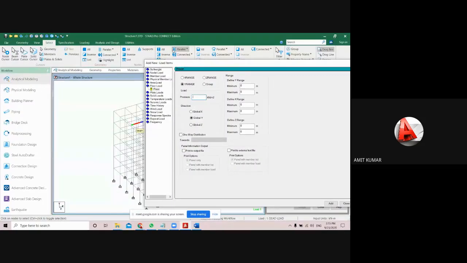So currently I'm not going to consider the floor finish load here, but if you are considering it, you have to know the weight of that particular material which you are going to apply on it. So currently I'm just going to provide the value 3.75, that is the weight of the slab only. Okay, not the finish load.